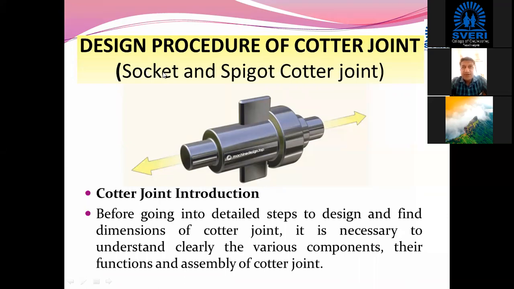That is, again, of pulling type. In some cases, of pushing type also. But mostly it is used for the pulling purpose. And when one part is connected to another part, and you want to pull that part, specifically, we can say in the examples of locomotives, nowadays we say railways, these type of joints are used.